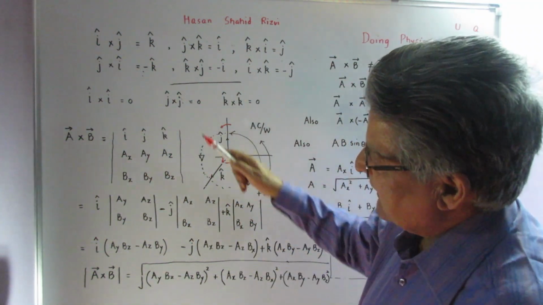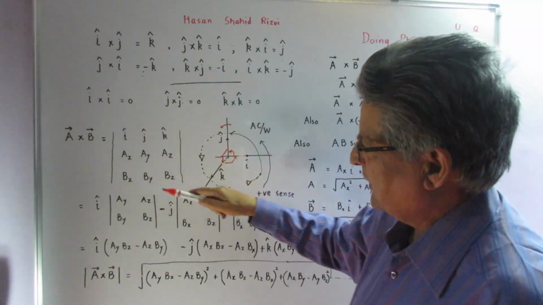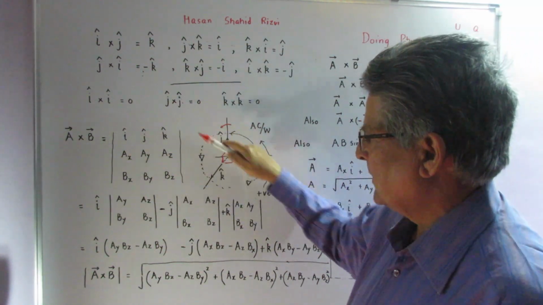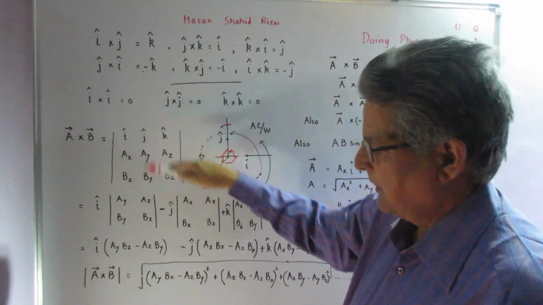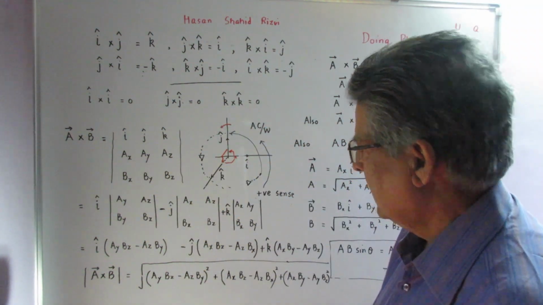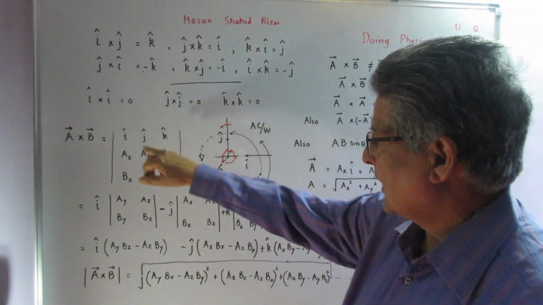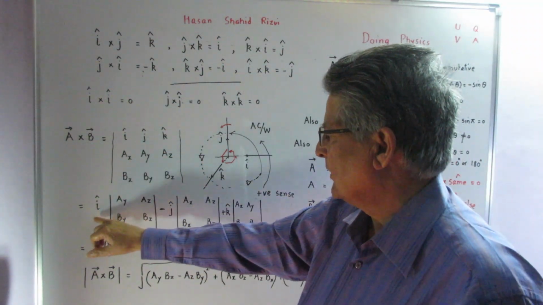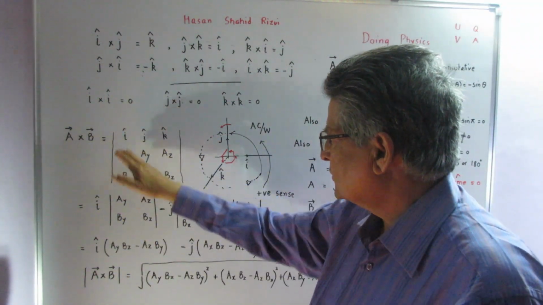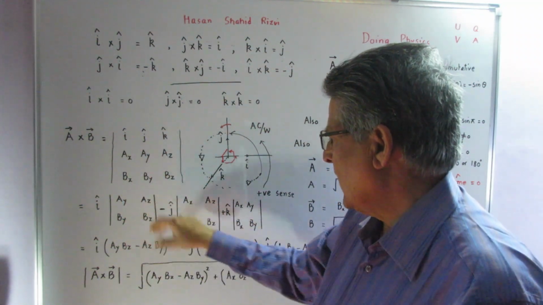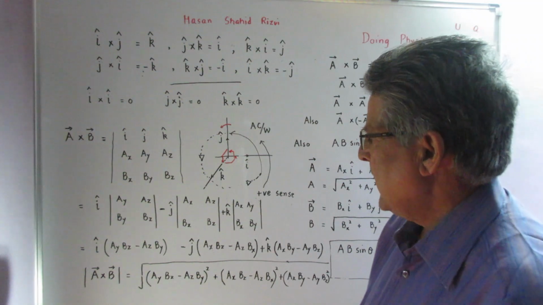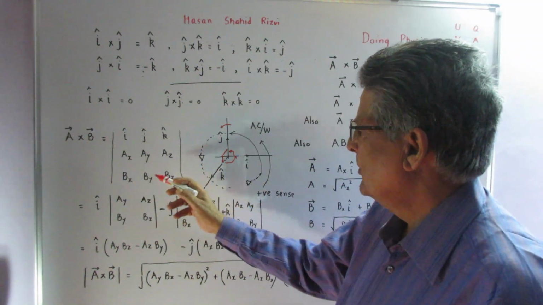That is a 3 by 3 matrix, and the determinant of this is then resolved. When I take i, this column is gone, the rest of the things I copy as it is and paste here: ay, az, by, bz,